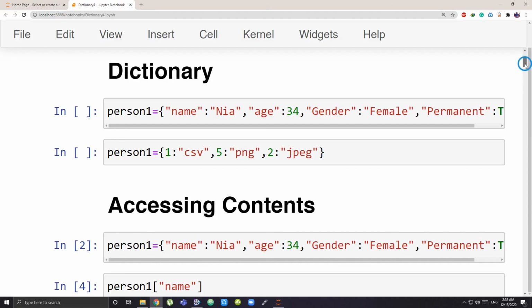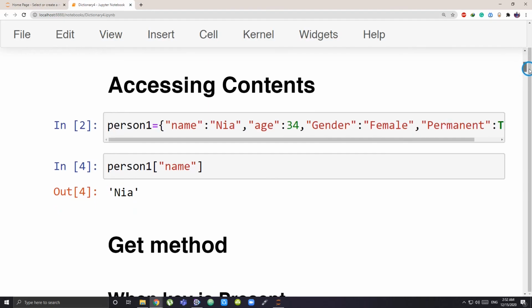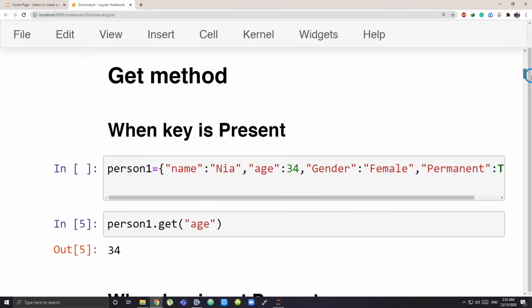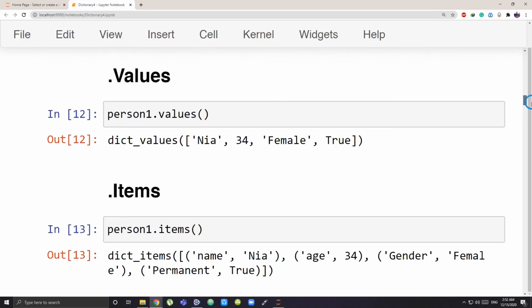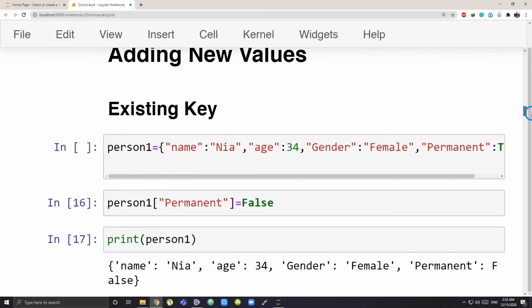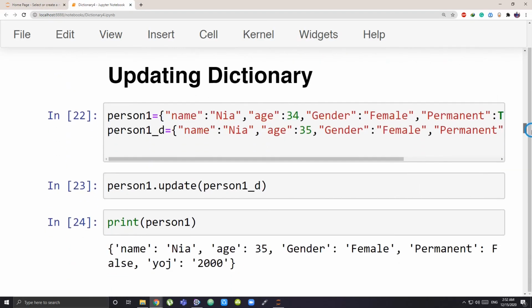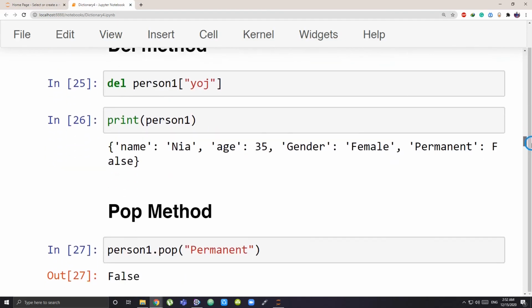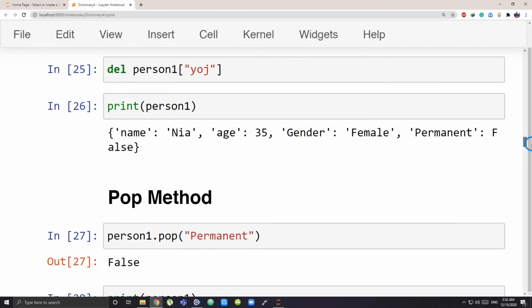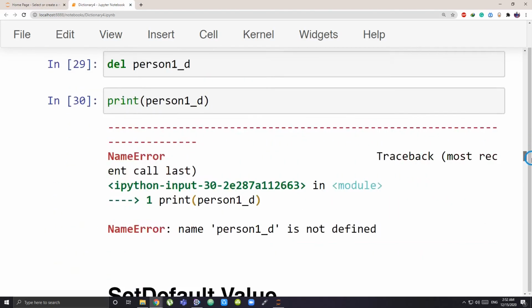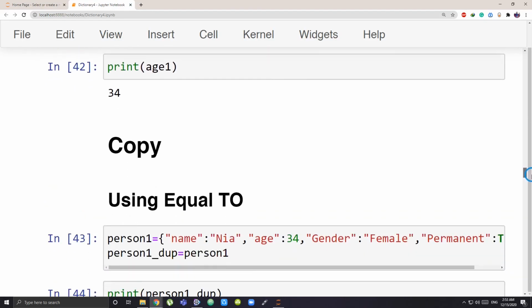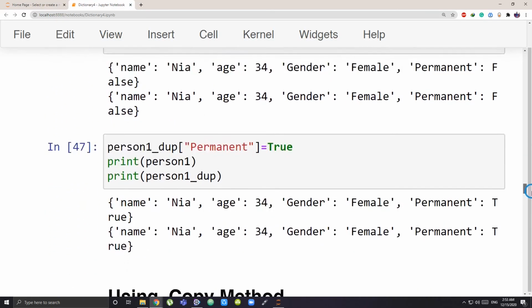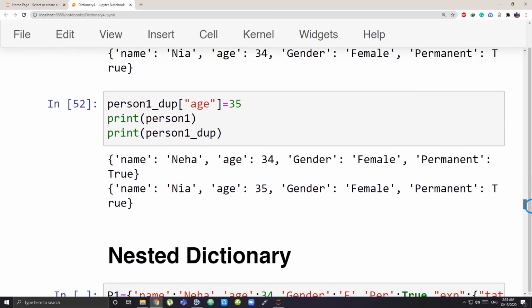Now summarizing, we saw what dictionaries are, how to access certain contents using the square brackets, how to use the dot get method to access contents, how to look at all the keys, the values and the items together, how to add new values, how to update a dictionary using another dictionary, how to delete using the delete method, how to delete values using the pop method, how to delete entire dictionaries, how to set default values and give variable names to certain keys in your dictionaries, how to copy dictionaries using equal to and using the dot copy method, the non-nested dictionaries by the way,